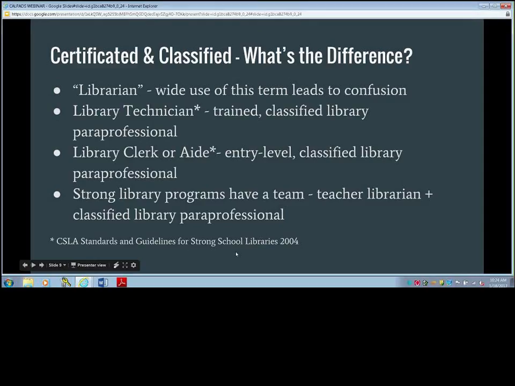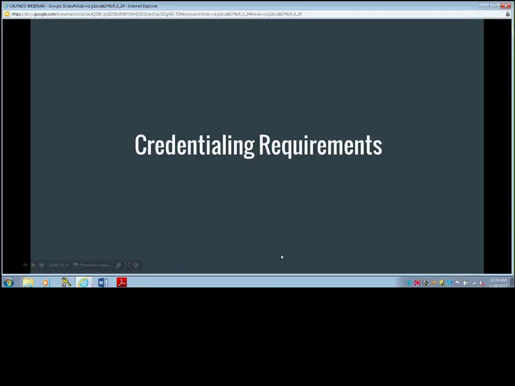So we had a couple of specific credentialing questions, but because CTC is going to be addressing a lot of the credentialing requirements, I'll reserve those to the end of that section. But there was one other question about where they can find job descriptions for classified library staff. I mentioned the California School Library Association developed standards. If you go to the CSLA website, you can access that document. It is no longer in print, but they do have that document on there, and that's where I pull the job descriptions from. That's just an example because every district writes their own job description, but it does give you an excellent place to start. Okay.